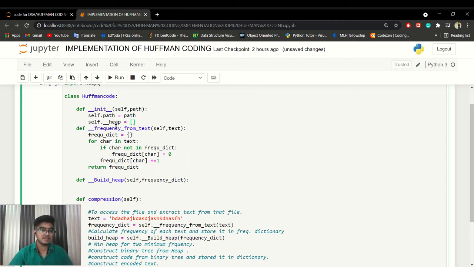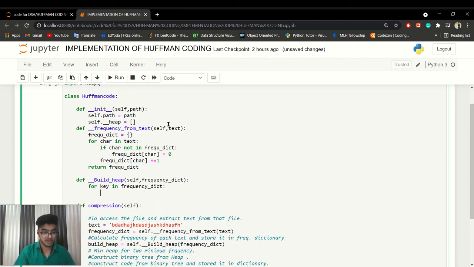So we have an iterable which is heap here, and we are using that iterable in order to push the values of heap. Now we have our iterable, and we have to iterate through the dictionary. Like for every key in the frequency dictionary, what do we have to do?